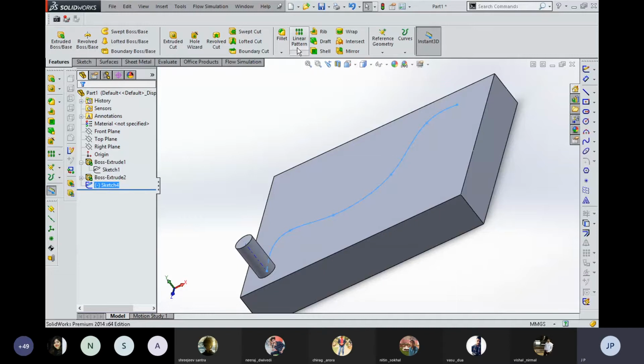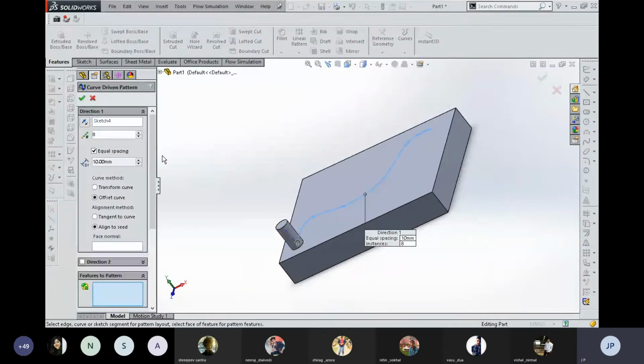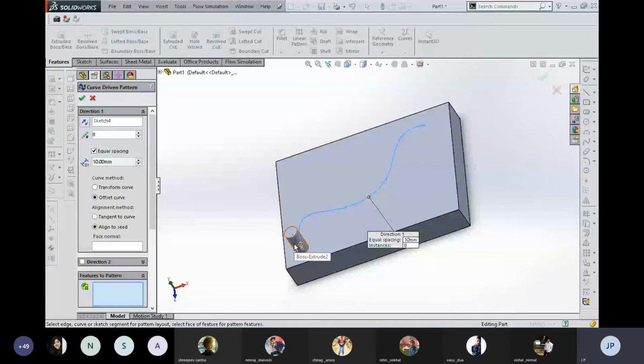Right now we have to just click on the curve driven pattern and select the component. Now you can see that the number of copies are created as we filled. If you want to increase or decrease the number of copies, if I write 5, the number of copies are arranged or populated within the path equally with respect to each other.